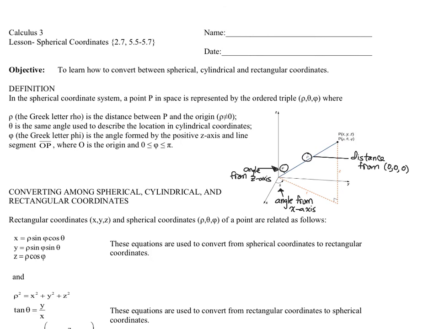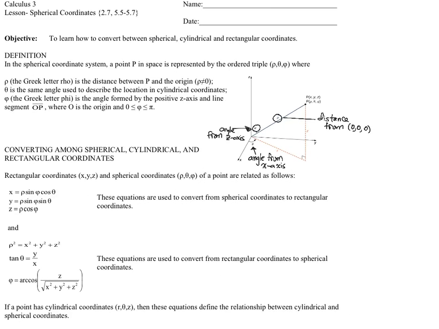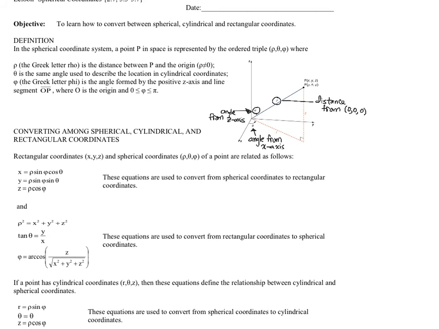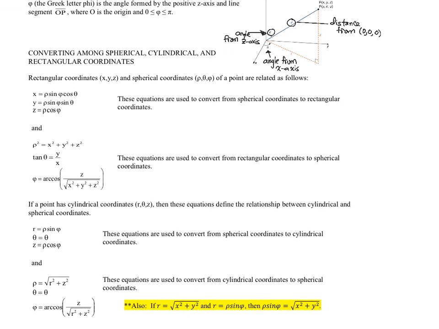And that's your equation, because it doesn't matter what the angles are from the x-axis. It's going to go all the way around. And then from the z-axis, it's going to go all the way down and around. So your theta and your phi values are going to be on the interval of 0 to 2 pi in both cases. Right? So what you're going to actually do is sweep through an entire sphere just by knowing what the rho value is. Right? Because everything else will be generally infinite. Right? So really, at this point, your only job is to learn how to convert back and forth between the